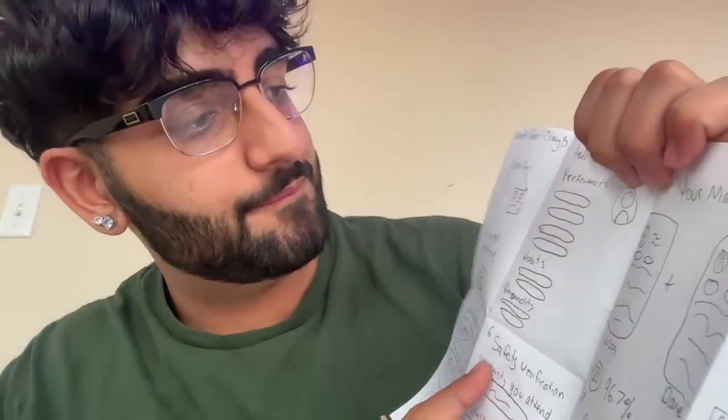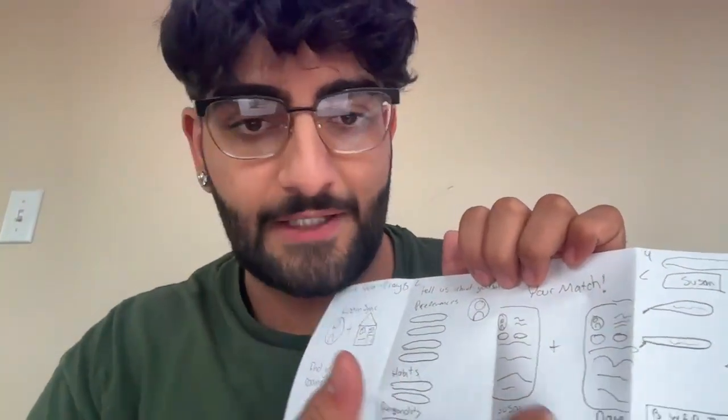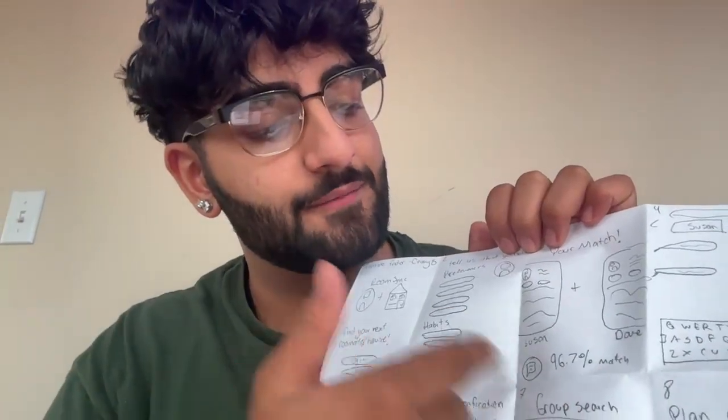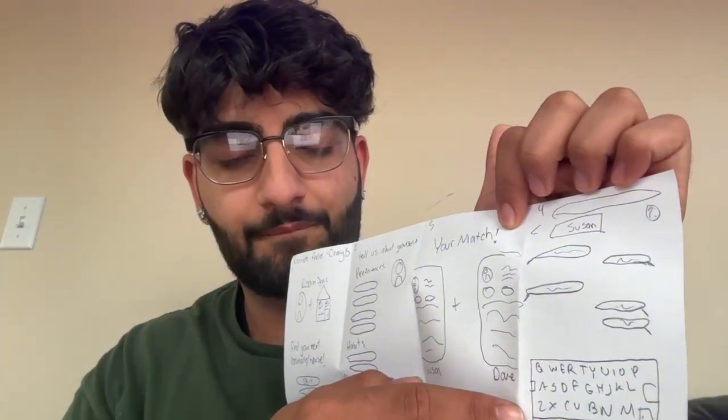So the UI design for RoomSync: you start with your own bio, similar to Tinder. You write down all of your preferences, your habits, your personality traits, what you like to do, and then you match with different people based on preferences. So this person has a 97% match for all the requirements, like they want this kind of place, they like this or that. Same thing, you can message them, and then you can discuss move-in dates,